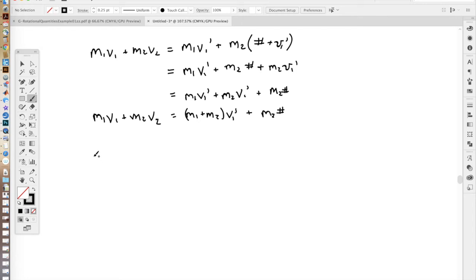We'll say m1 plus m2 times v1 prime is equal to this, and we'll bring this onto the other side, right? So we'll say m1 v1 plus m2 v2 minus m2 number. Okay, which finally gives us v1 prime